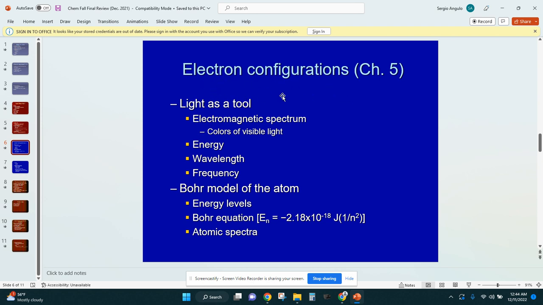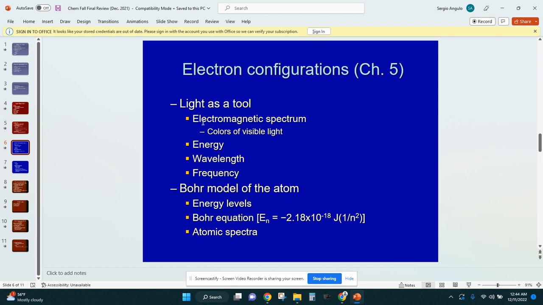Okay, so we start off chapter 5, which is on electron configurations. We started off learning about light as a tool. And the reason we're going to use light as a tool is because we won't need to kind of dig into what's going on with the electrons in an atom. So we have to dig into the atom. We have to understand light a little bit because we're using that to kind of get an idea what's going